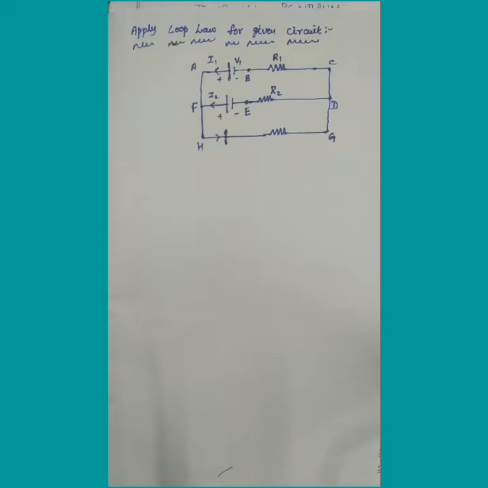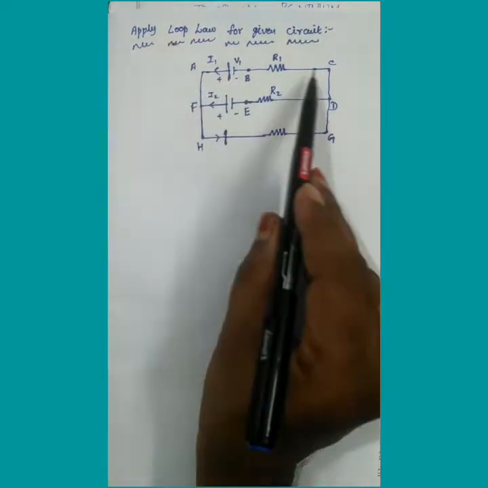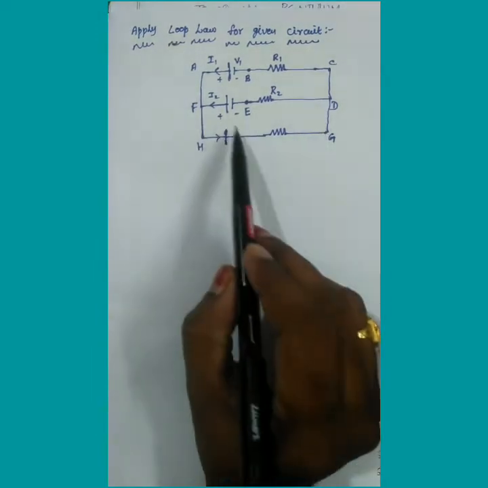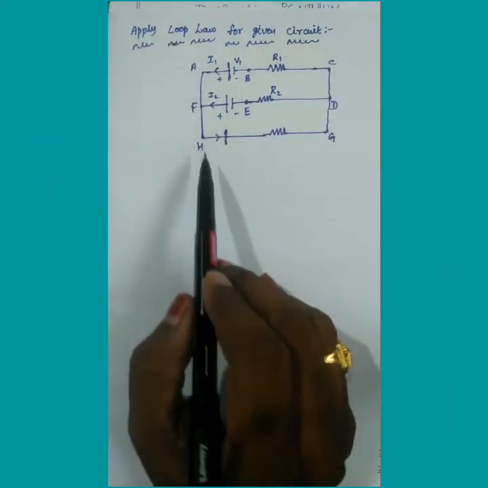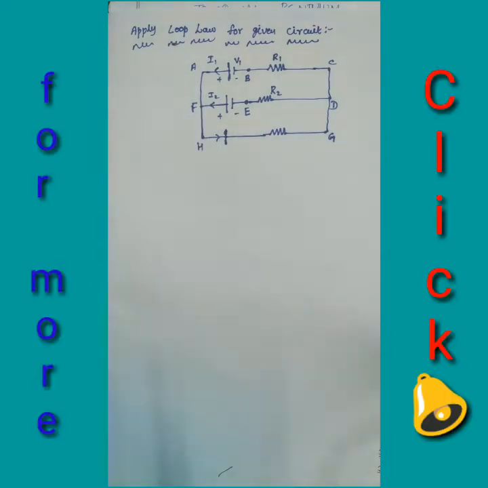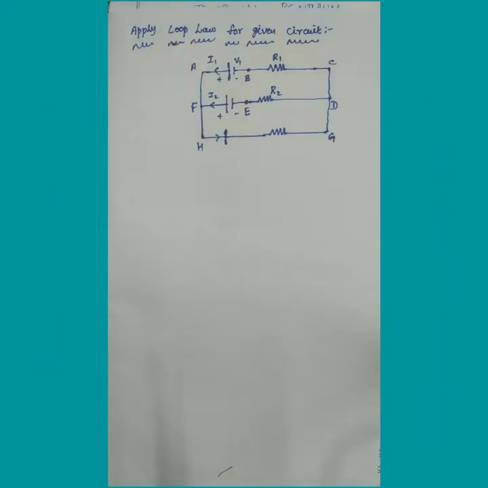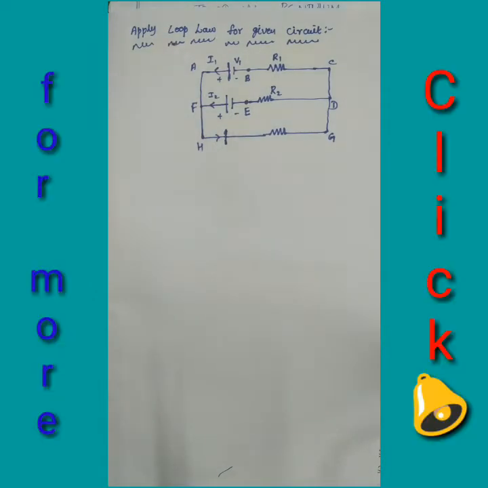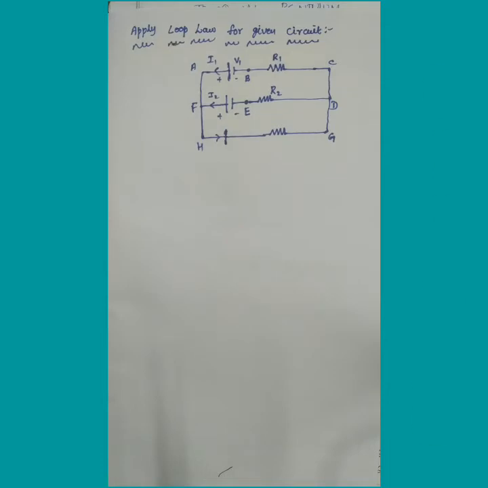That means in our circuit there are so many loops. This is one loop, this is another loop, and this is totally another loop, so there are three loops. What the law says is that for the various components in a closed circuit, the potential difference must sum to zero. It actually works based on the conservation of energy. Now we have to apply our second law to this circuit in different stages.